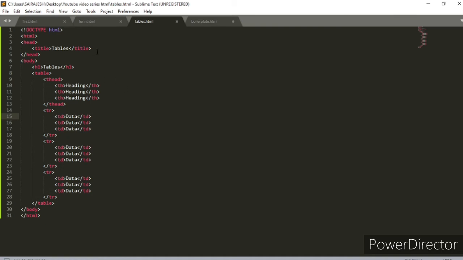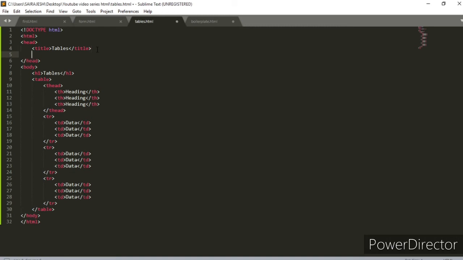So let's add in some styling, maybe some border and stuff like that. For putting in some styling in the HTML file itself, there is a tag called the style tag, which you will put in the header. So you will get a type attribute, and you put it as text/css. Yeah, we'll be learning a bit of CSS now. So let's get started right away.